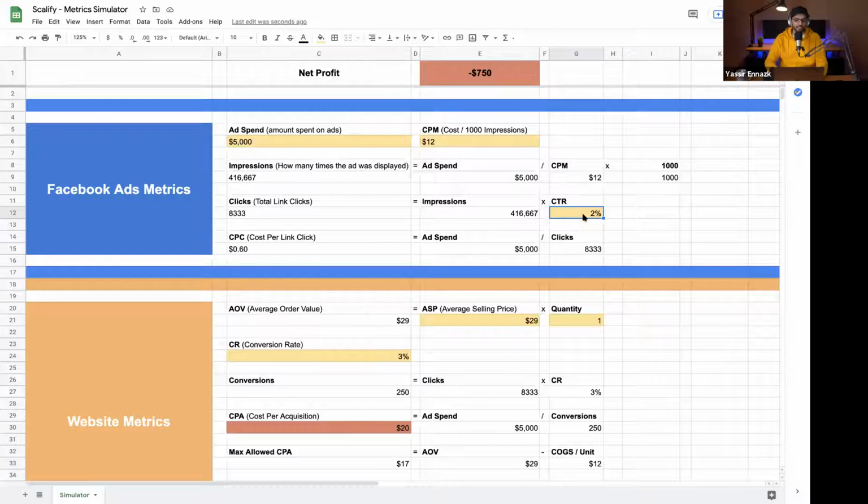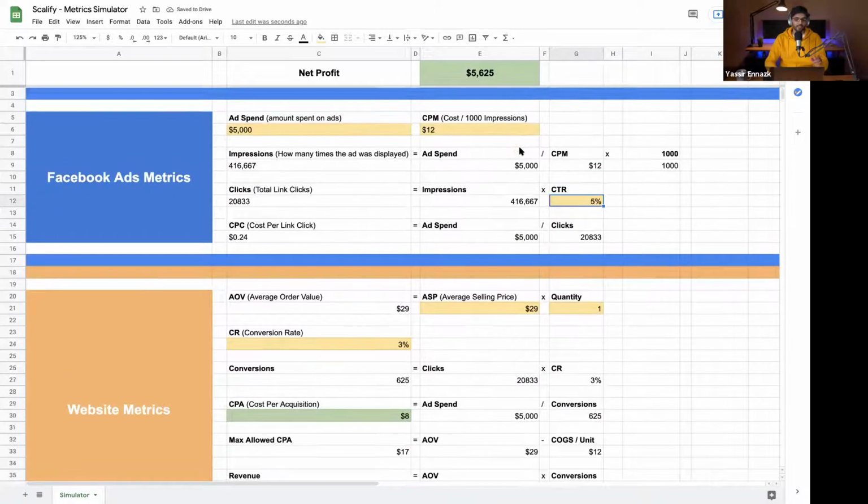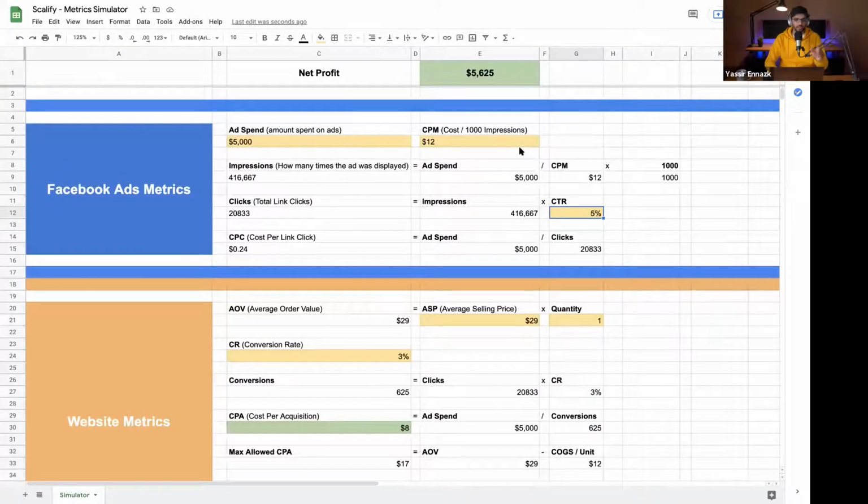So say, for example, you've been able to change the click-through rate from 2% to 5%. Check out the change in the net profit. With a 3% change in the click-through rate, we went from minus 750, so we were losing $750, and now we're making $5,000. So you can see how much a little change can really improve your